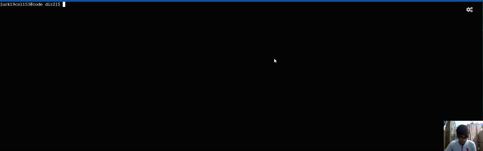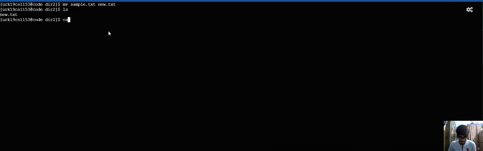Rename the file sample.txt to new.txt. First I have to use the mv command to rename the file. Our old file name is sample.txt, and I am renaming it as new.txt. That is mv old name space new name. It renames the file. We'll check whether it is renamed by giving the ls command. See, it is renamed with new.txt.